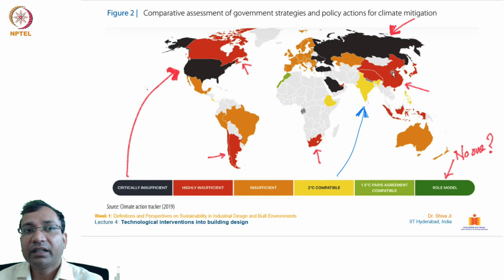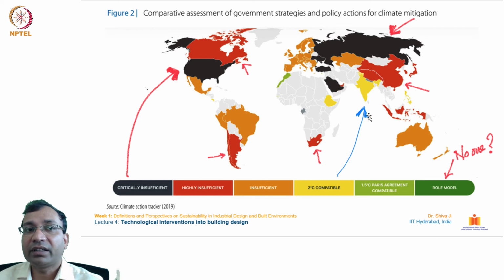So Canada, and China, which is one of the major polluters, and they are not even agreeing to enforce this controlled and sustainable growth and development model. Further, South Africa and Chile and Argentina over here. And insufficient, well, Brazil, Australia, and Mexico, and some more countries, and most of Europe falls under the insufficient category. And 2 degrees